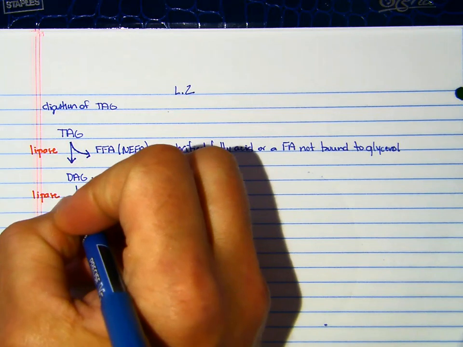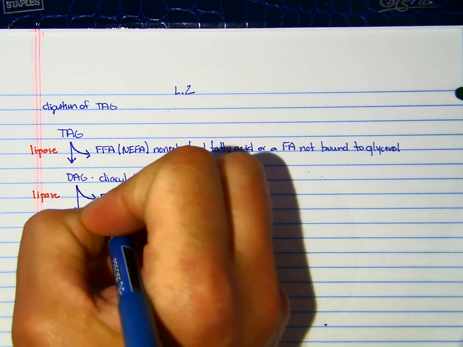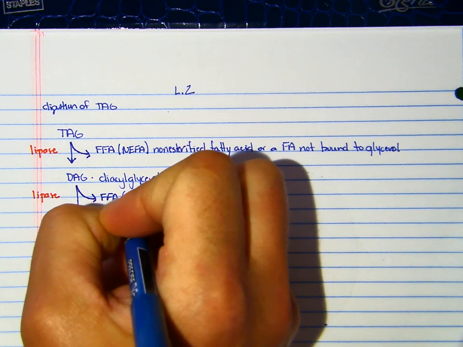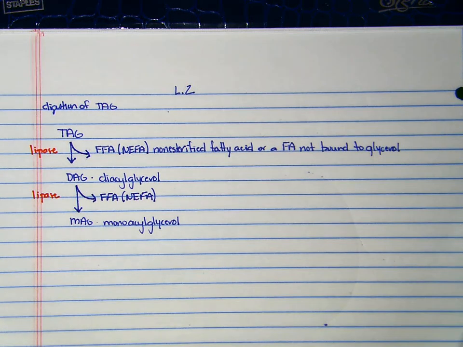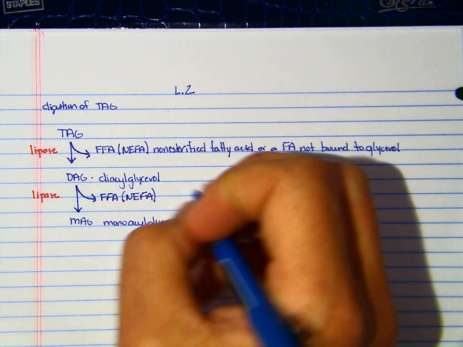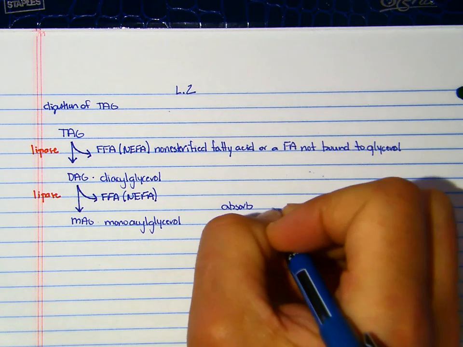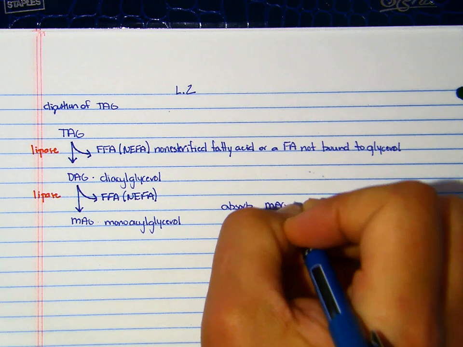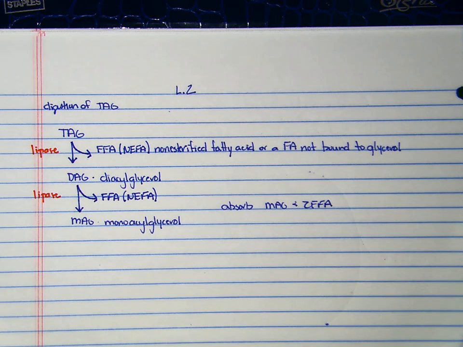The other thing, when we do this, that we're producing is another free fatty acid, or NEFA, non-esterified fatty acid. And what the animal is going to absorb is a MAG and two free fatty acids. Okay, so that's lipid digestion in a nutshell. And so in the non-ruminant,